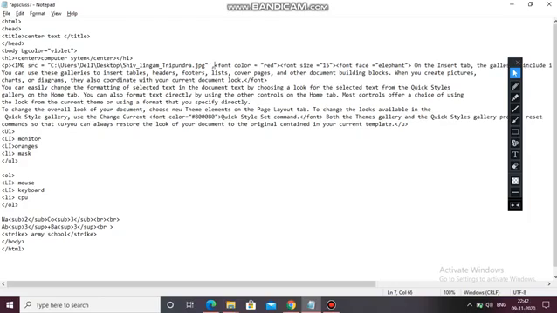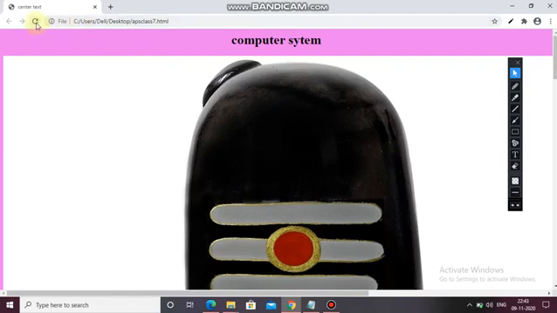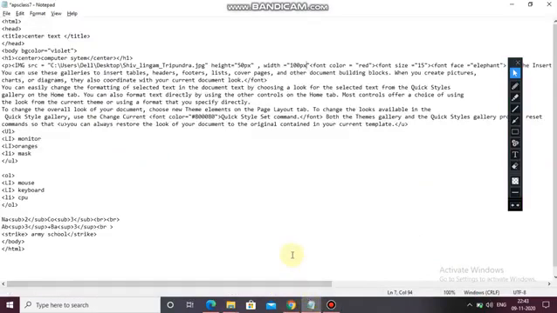So here, height equals to, in double inverted commas, whatever height you want, 50 pixels. Next, width equals to, in double inverted commas, you can take 100 px, Control S. I think I have not saved it. Control S.